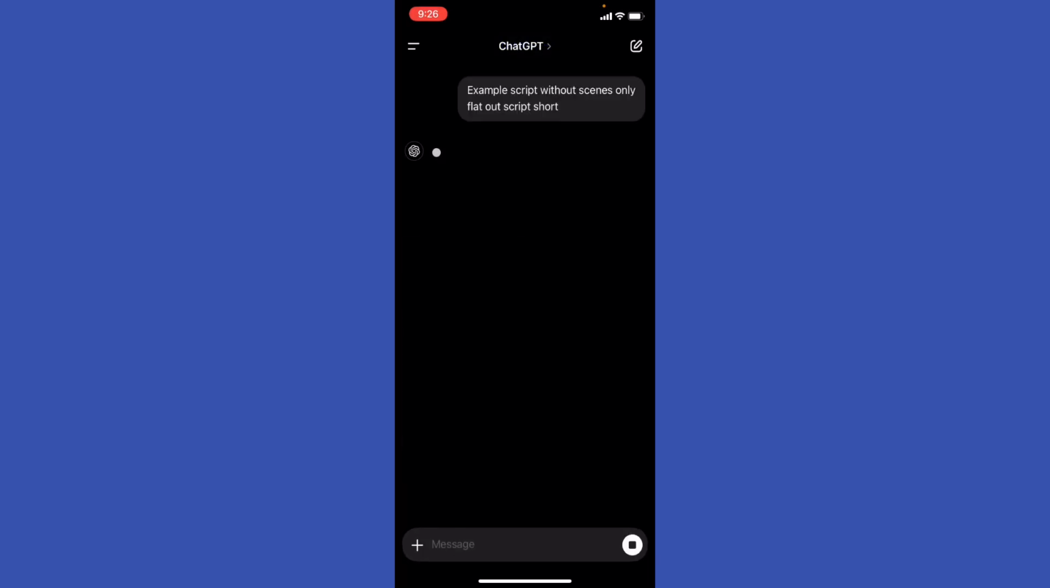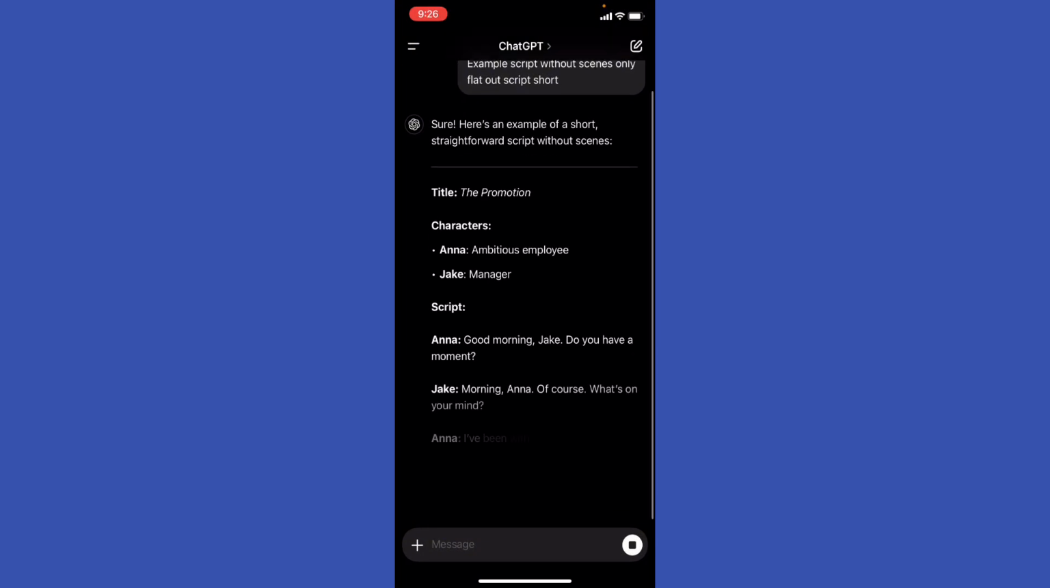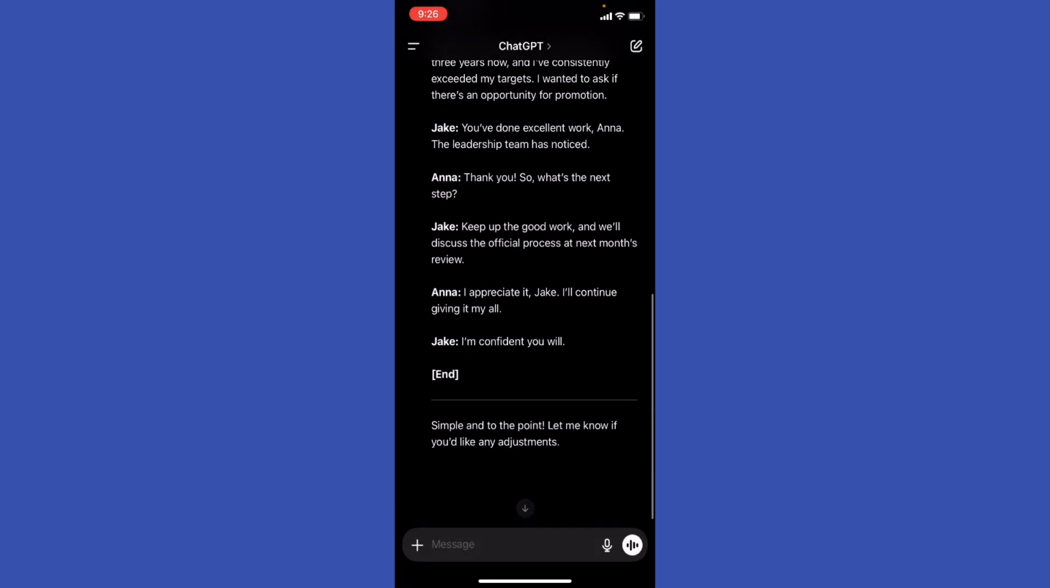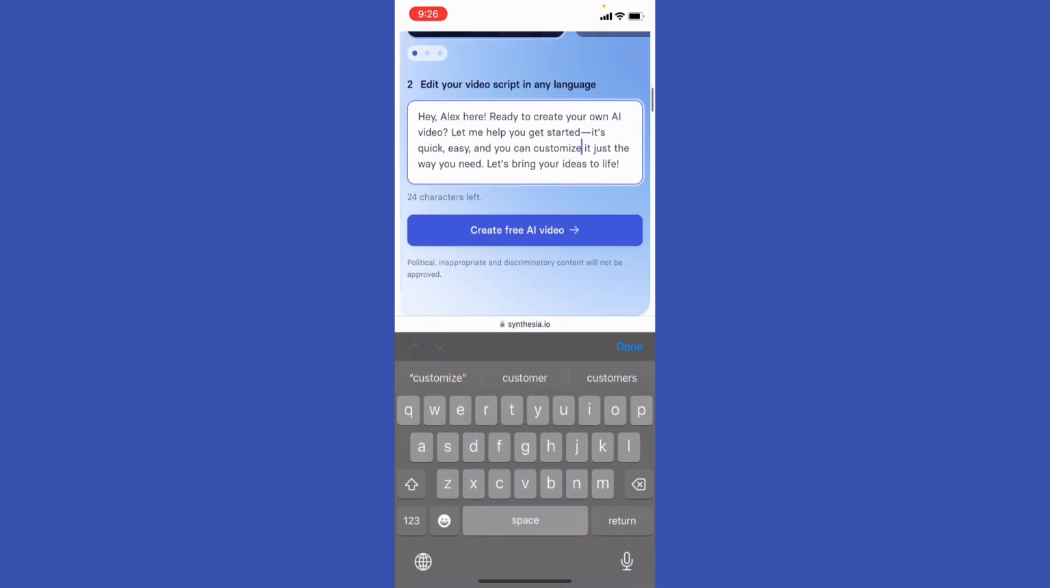So I'm gonna go use ChatGPT in order to create an example script without scenes, only a flat out script, short, right? And we're gonna just go ahead and copy this script and then add it, or you already have one,